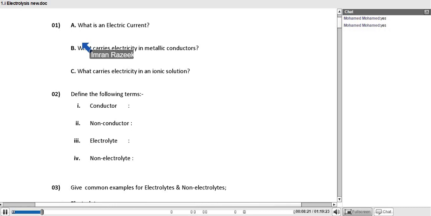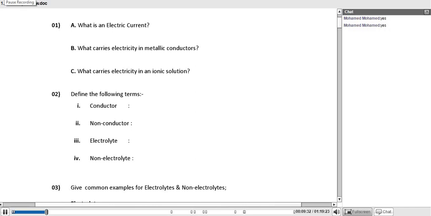Next is electrolyte. Substance which carry electric current via free mobile ions. Non-electrolytes do not conduct due to the absence of free mobile ions. So